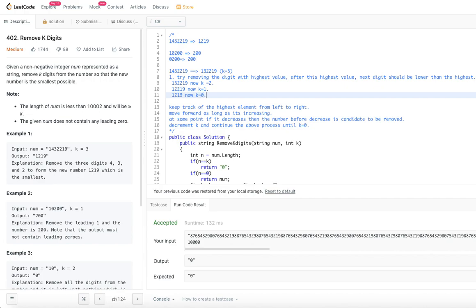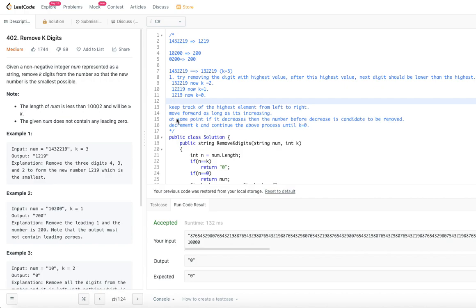So essentially, at any given point in time, we keep track of the highest element from left to right, as long as it is going in the increasing way. But at one point it decreases, and the one which is the peak value is a candidate for removing. Got it?